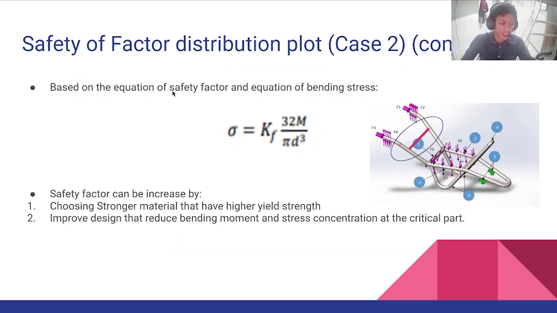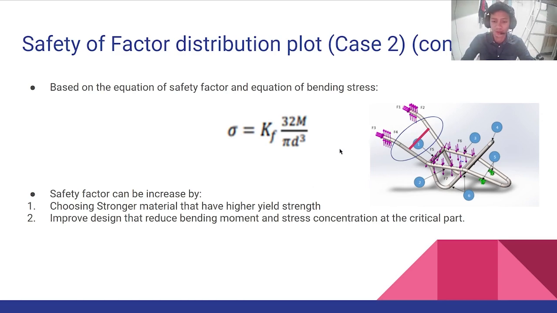Next, to enhance the safety factor, same as load case 1, we can use the equation of safety factor and the equation of bending stress. For example, the first one is choosing a stronger material with a higher yield strength, and the second one is improving the design to reduce the bending moment and stress concentration. For example, we can put a support link along the handlebar to reduce the bending moment and